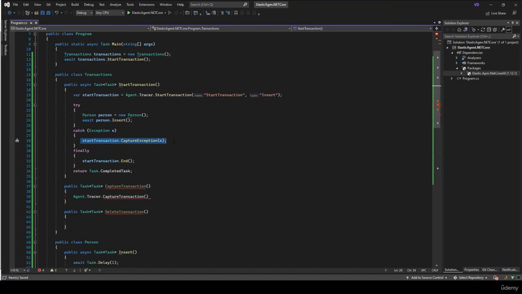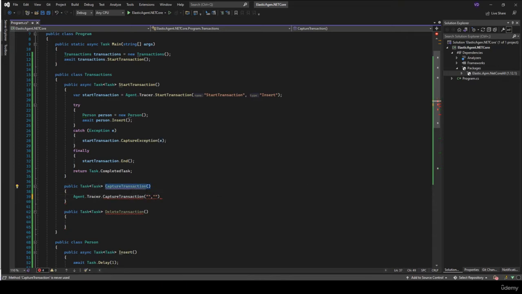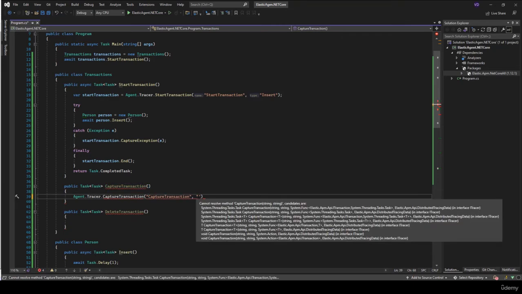Am I right? But then we have to finally stop the exception as well, and then we need to return a completed task, whether it's completed or not. Now in this case things are simpler, and here's how they work. It's still the same. So basically I will be running the capture transaction, but the update process,